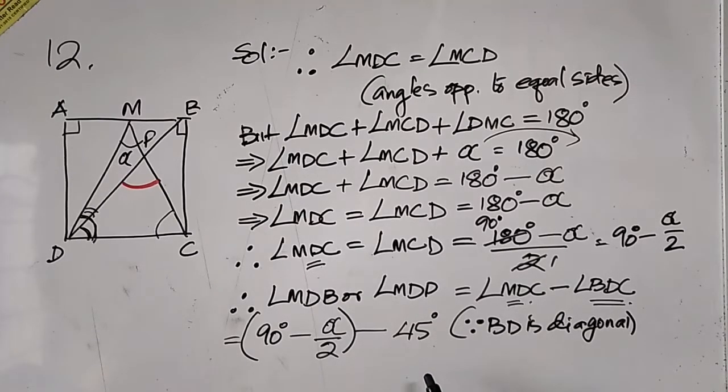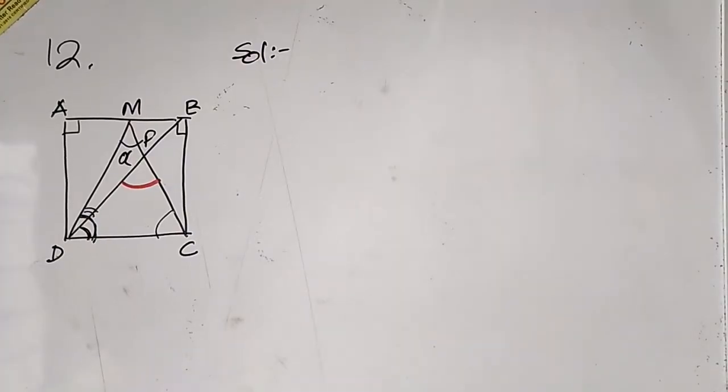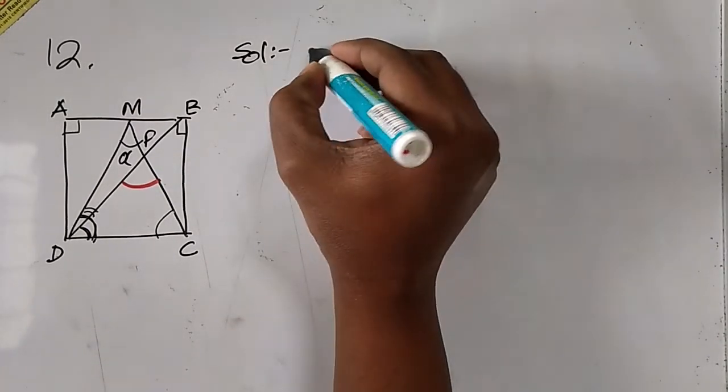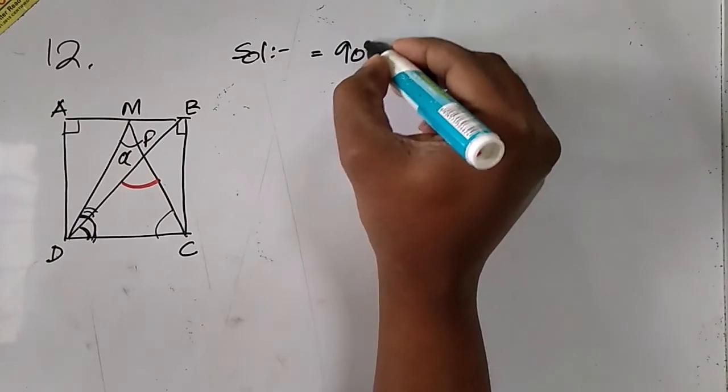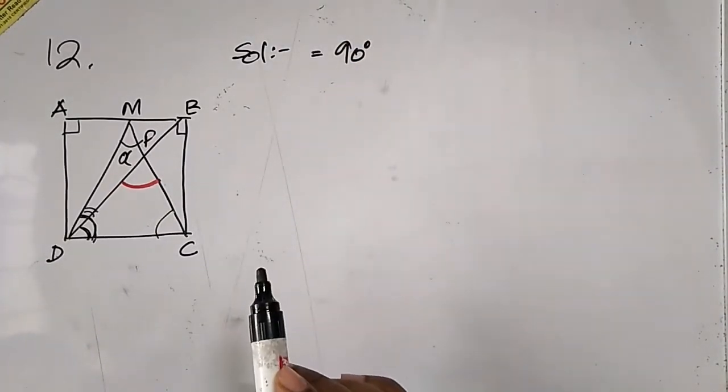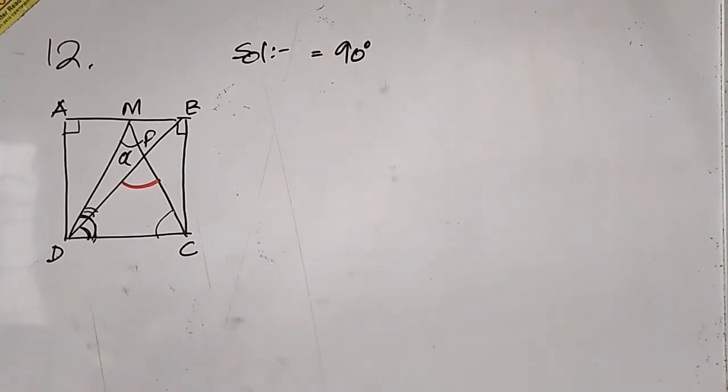Alright, let us continue solving it. Now we have just one last step and then we will get the answer. Okay, I'm going to erase part of the whiteboard so that we can continue solving it. Alright, I'm just going to rewrite what we have written earlier. That is equal to 90 degree. We'll put the numbers together in one place so that we do not get confused